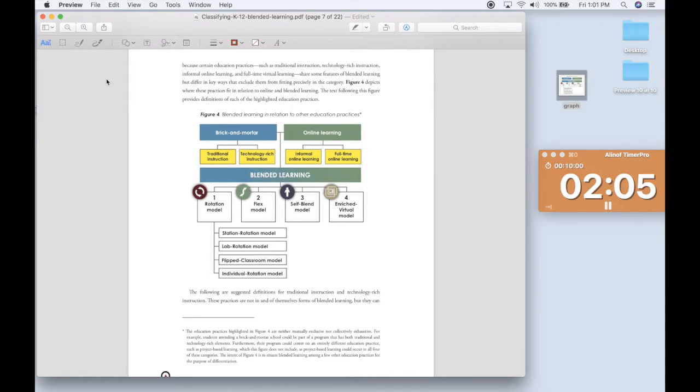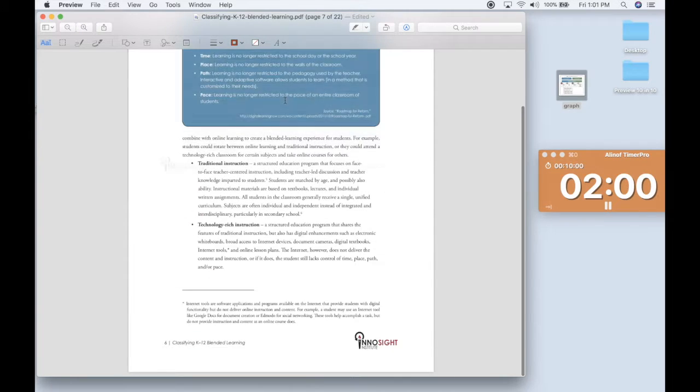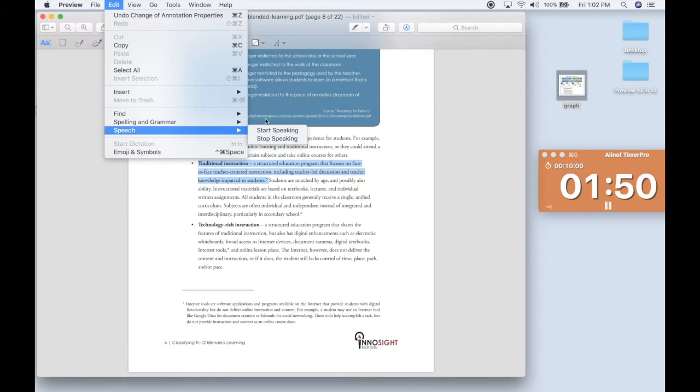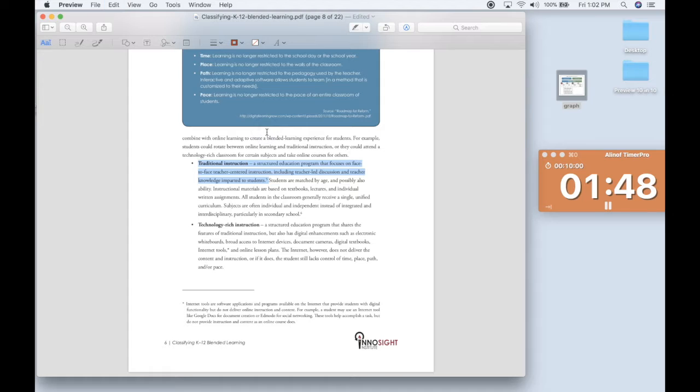You can, of course, zoom in, but if you highlight things, let's pick a sentence here. I believe, and you highlight it, you can actually have it spoken to you. So you can just say, start speaking. Traditional Instruction, a structured education program that focuses on face-to-face teacher-centered instruction, including teacher-led discussion and teacher knowledge imparted to students. So you can actually see that in this particular document, you can have PDF files read to